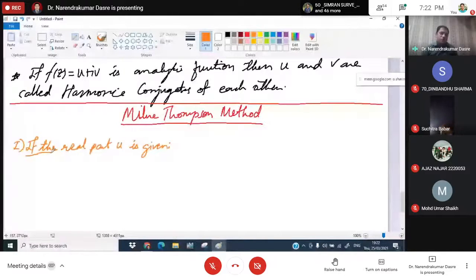Now we have 4 steps to get the analytic function using the Milne-Thomson method. So what is the first step? The first step is to assume that f of z is equal to u plus iv is an analytic function